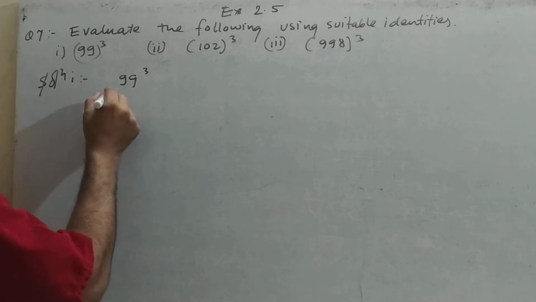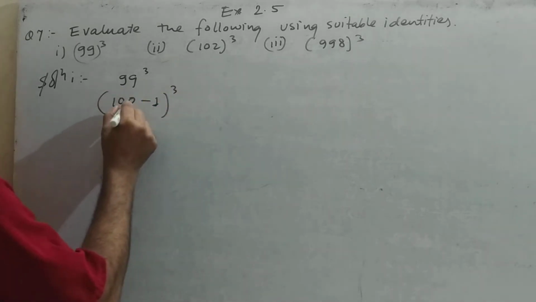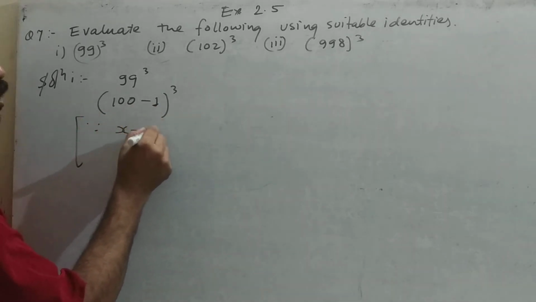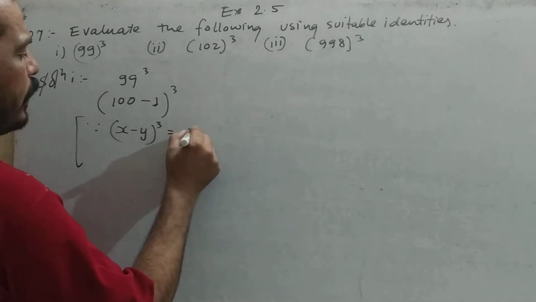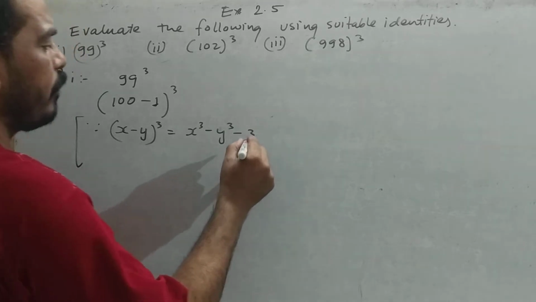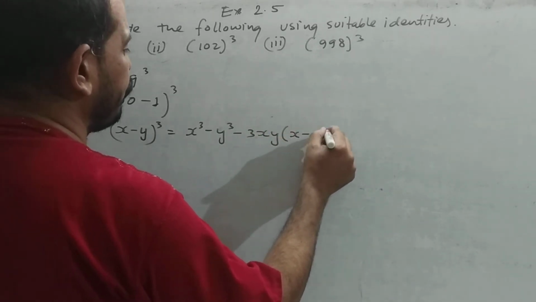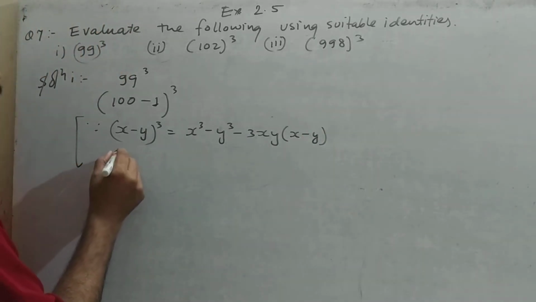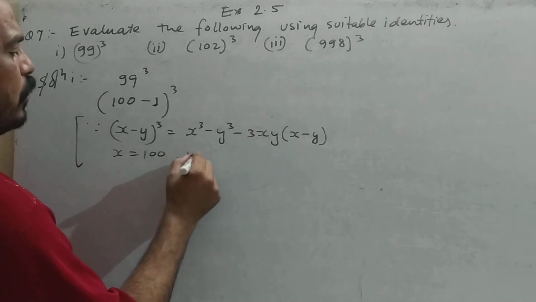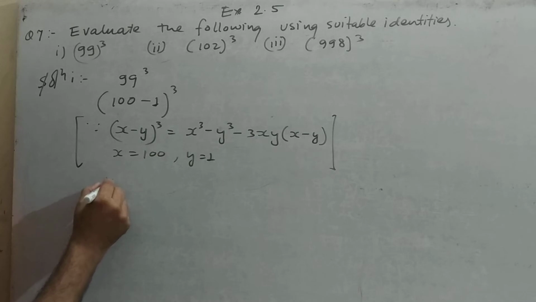99 cube can be written as (100 minus 1) whole cube. When it is there, which identity will be used? (x minus y) whole cube is equal to x cube minus y cube minus 3xy in bracket (x minus y). Right? Now x is equal to 100, y is equal to 1. Let us write this down. x cube means 100 cube,